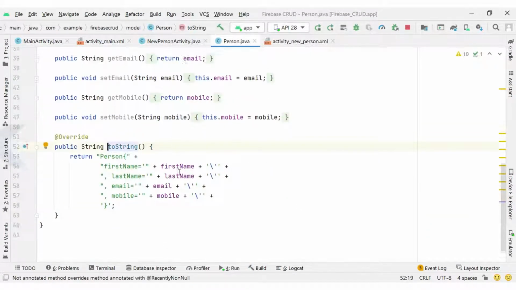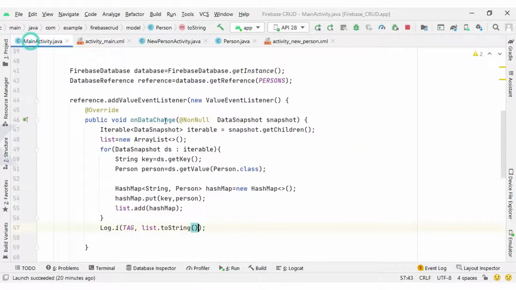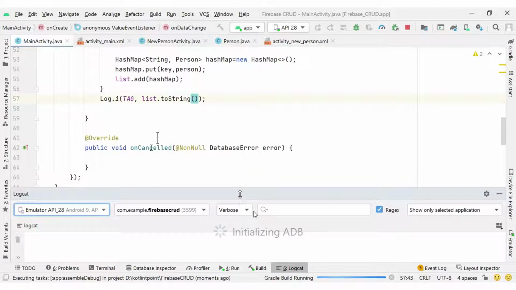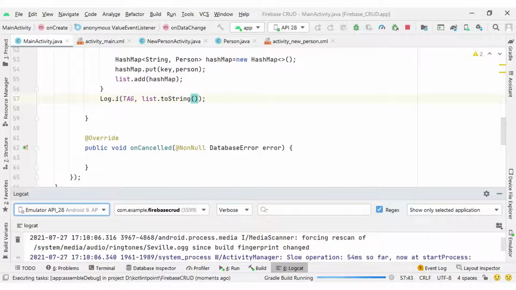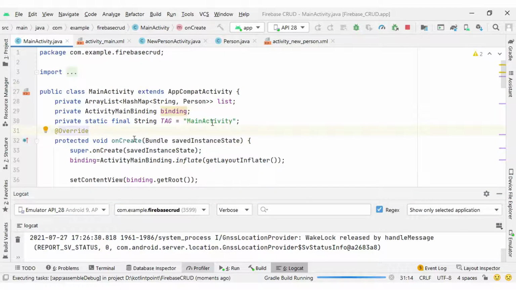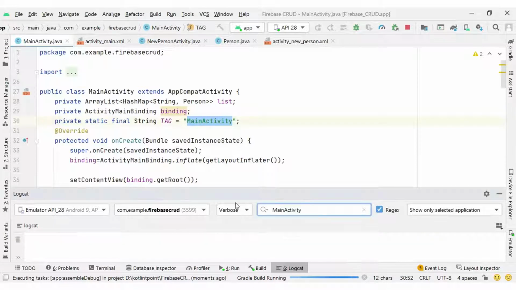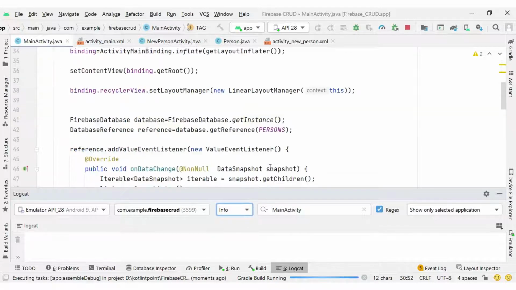Let's run and check whether we can see the data in Logcat or not. I just run the application and open Logcat, and we have the filter, that is MainActivity, and we can also select the info tag. Just wait until it runs successfully.